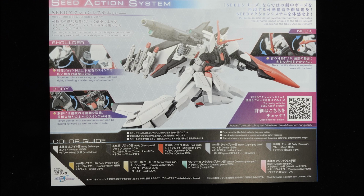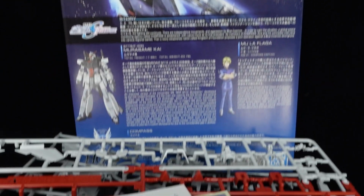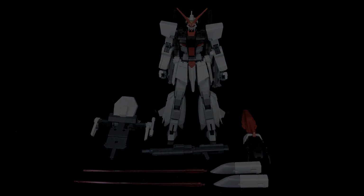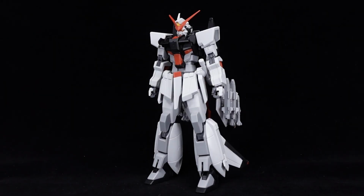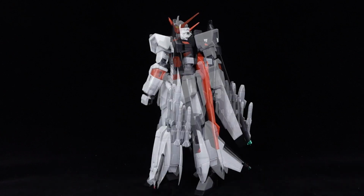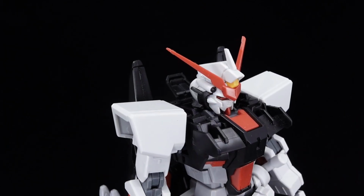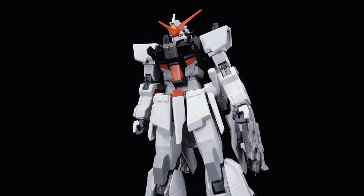Even still, the head does require some extra care because it features a number of minuscule plastic pieces. Otherwise, it's a thoroughly enjoyable build no matter your experience level in the hobby. All put together, and the finished product of the high-grade Murasame Kai is kind of giving me that G-Witch shock in a way, since what resulted from an elementary level build is an astounding looking kit that represents the source